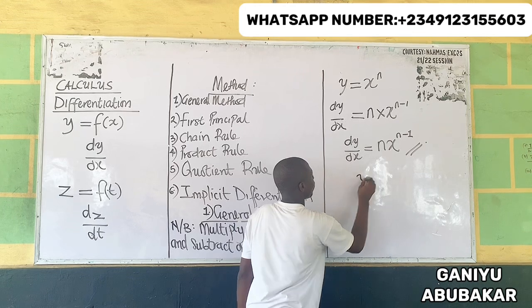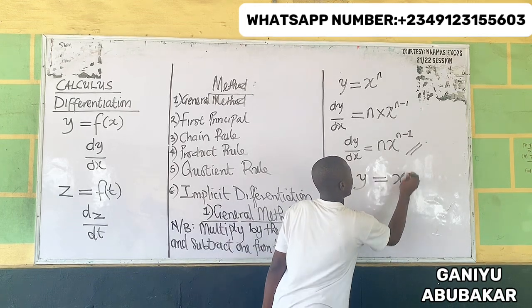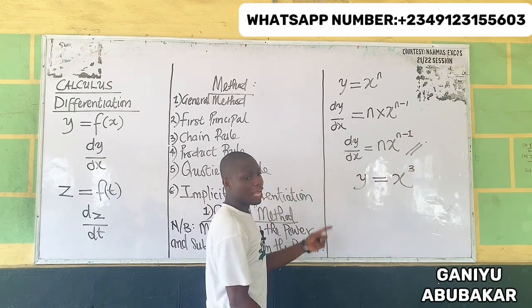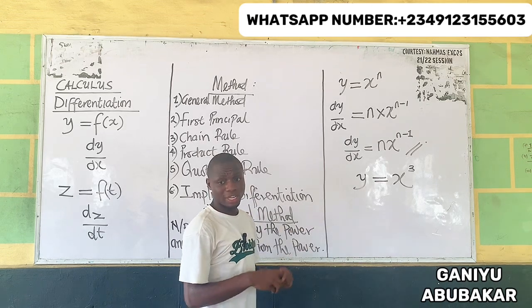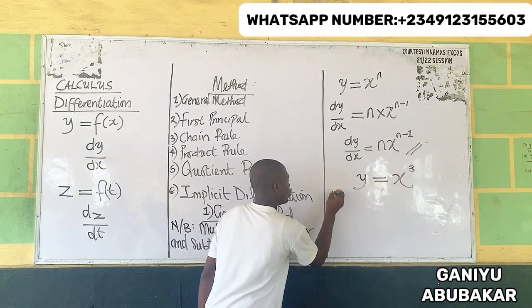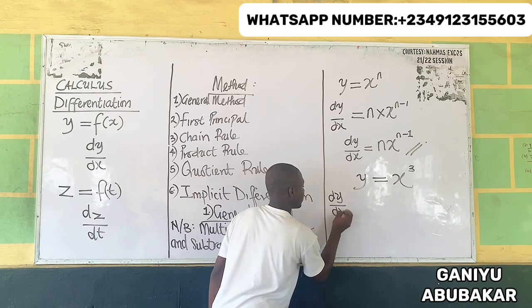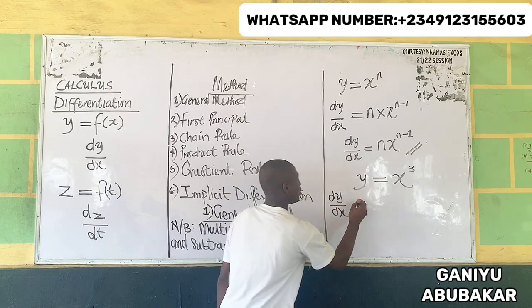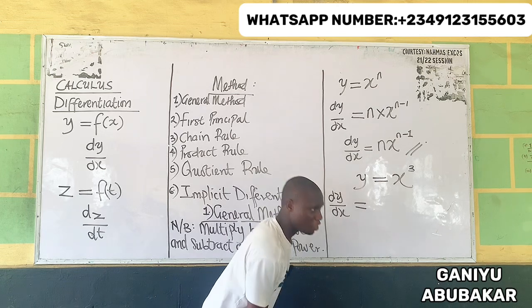So let's say I have that y is equal to x to power 3, please. I'm asked to differentiate x cubed. What do I do? It's easy as I'm having y here, I'm having x. That becomes what? The dy over dx first. Are we good? Is now equal to,